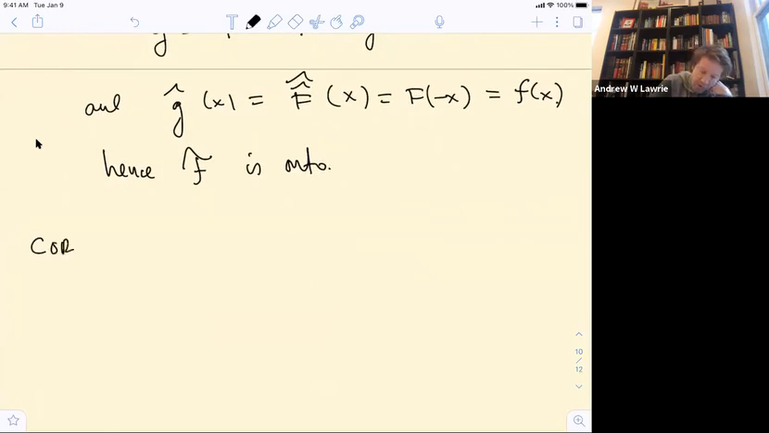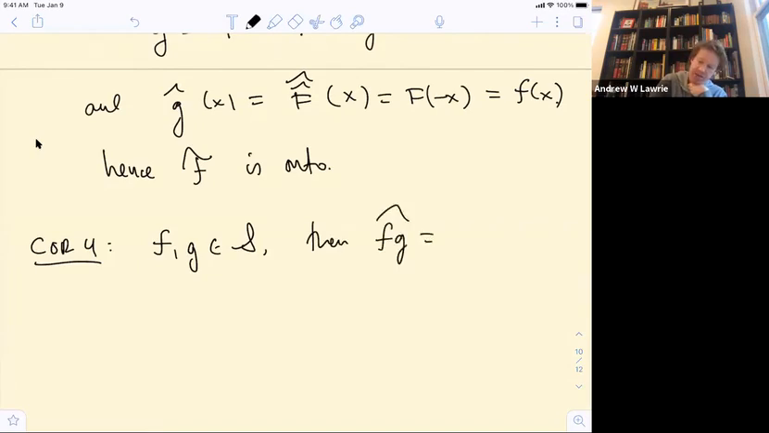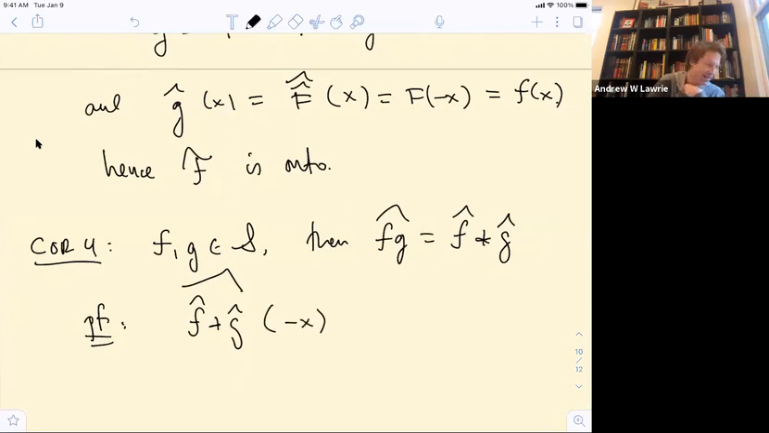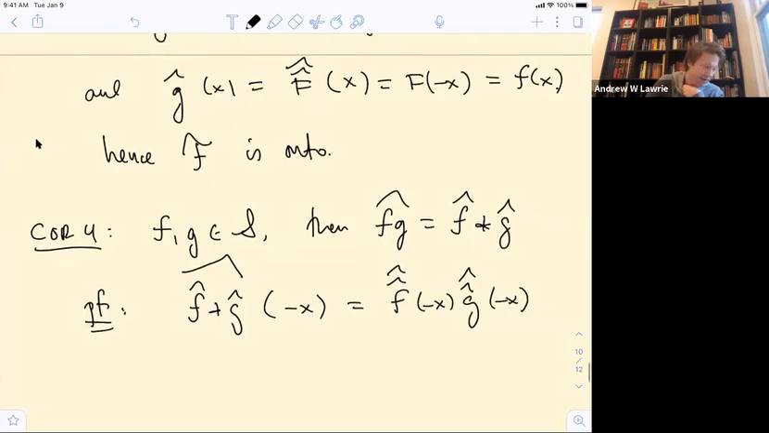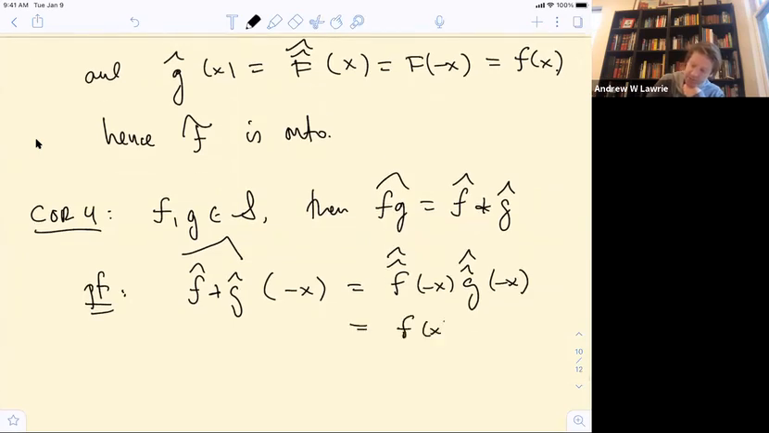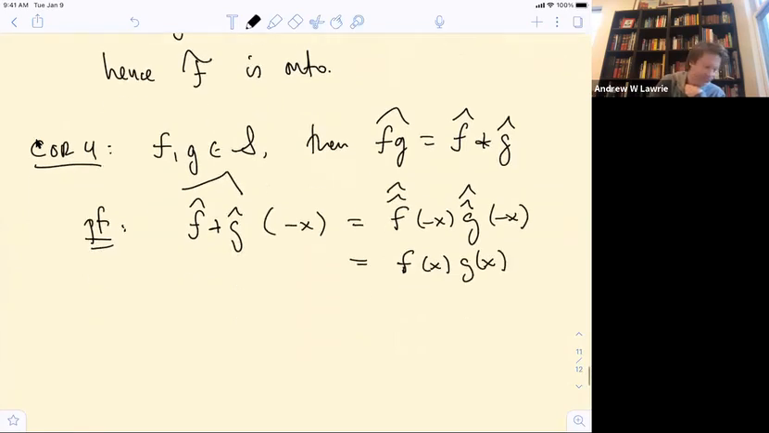And finally, corollary 4 is that identity 2 that I wrote at the beginning. If f and g are Schwartz functions, then f times g hat is equal to f hat convolve with g hat. And the proof of this is again via the inversion formula. So if I take the Fourier transform of f hat convolve with g hat and evaluate it at minus x, then I get f hat of minus x times g hat of minus x, which is equal to, by the inversion theorem, f of x, g of x. So therefore,